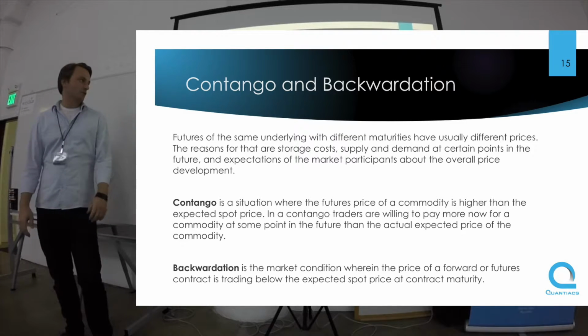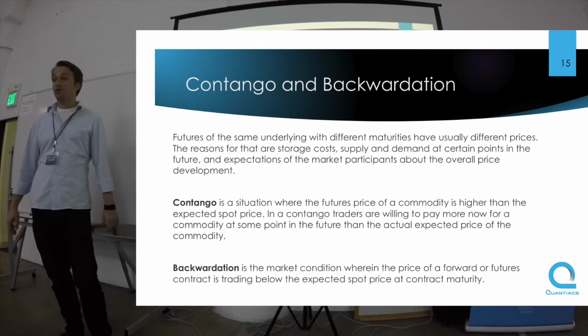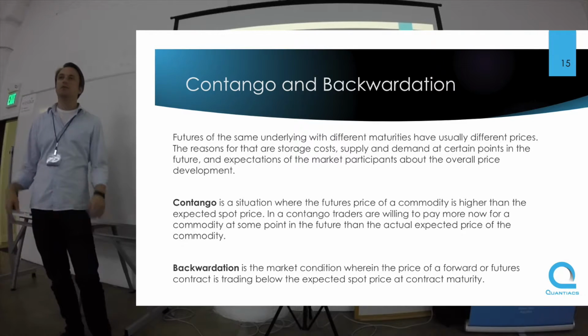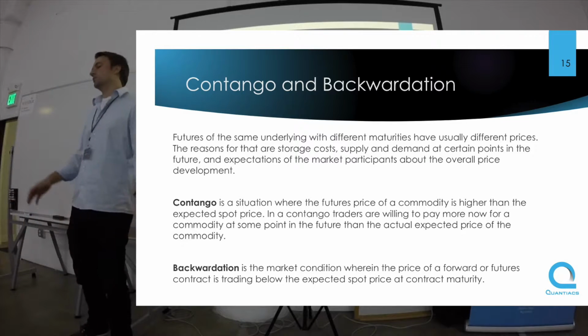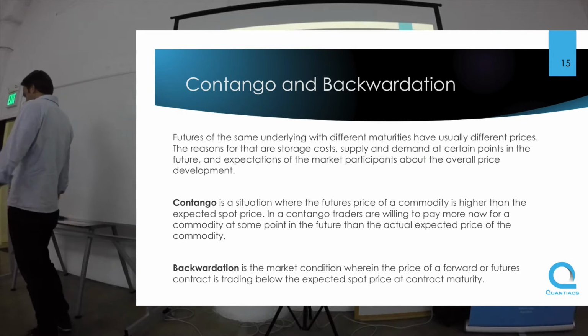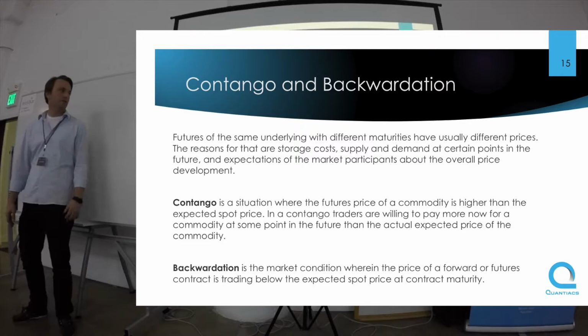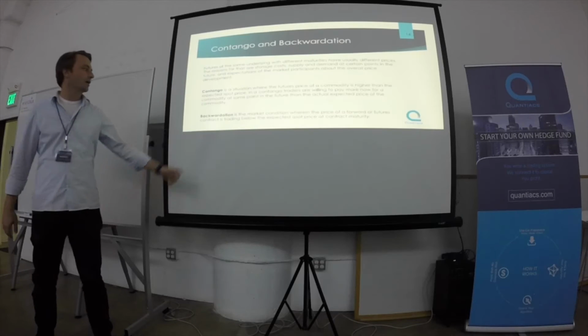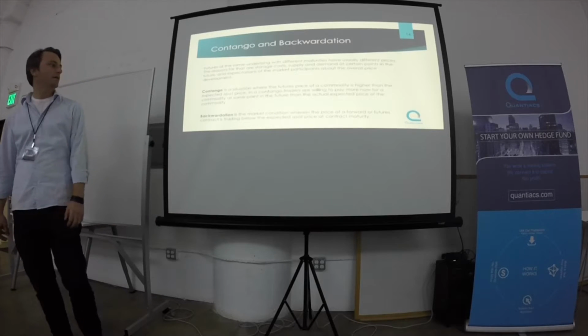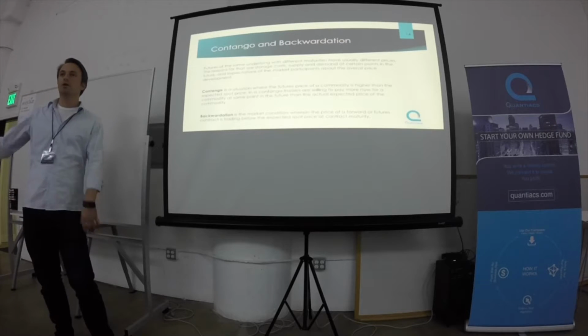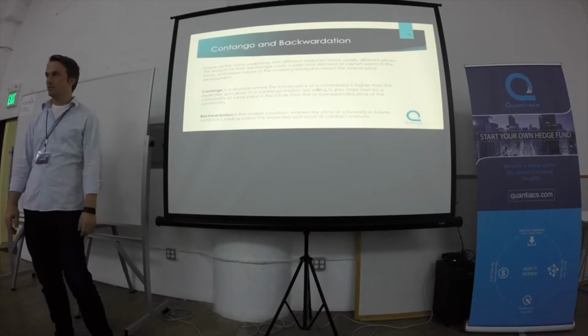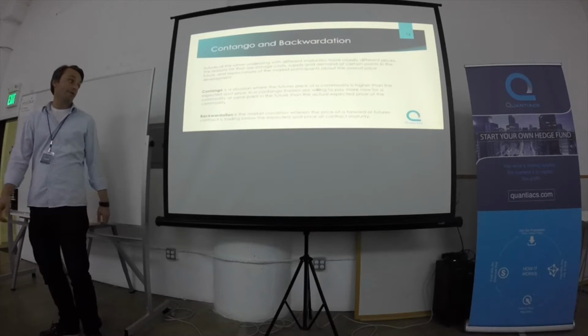And these storage costs, you can see these storage costs in the price of a commodity. So contango is said to be the natural behavior of a future, at least of a future with physical underlying, so a non-financial future. And backwardation is the little awkward situation when you can buy something in the future cheaper than you can buy it right now. So this would be backwardation.